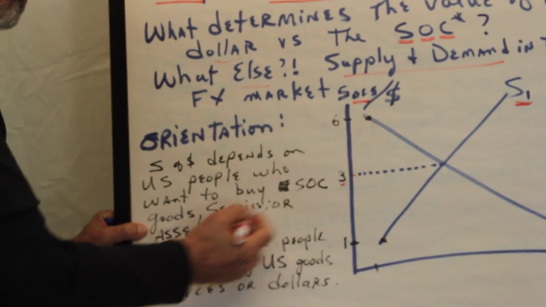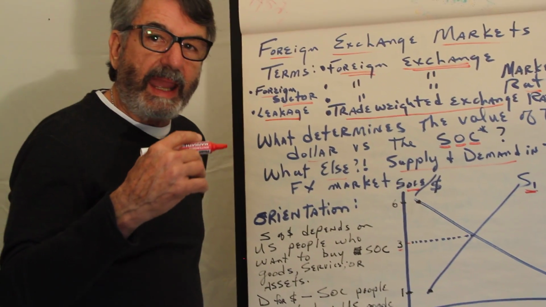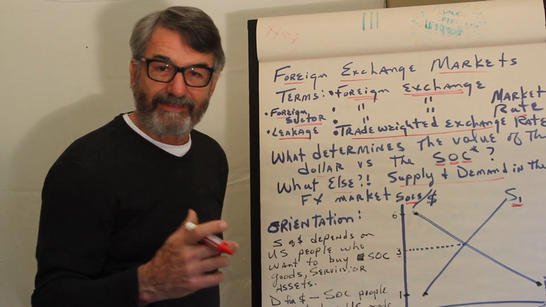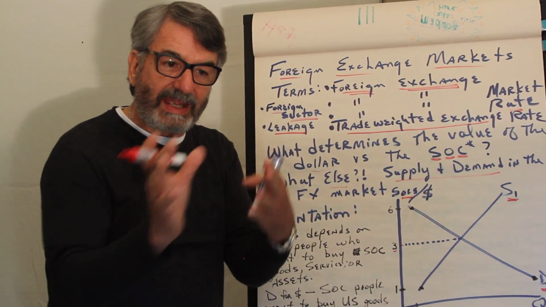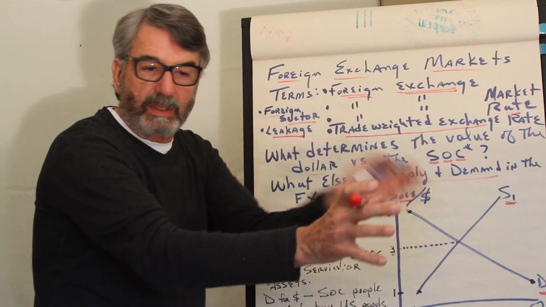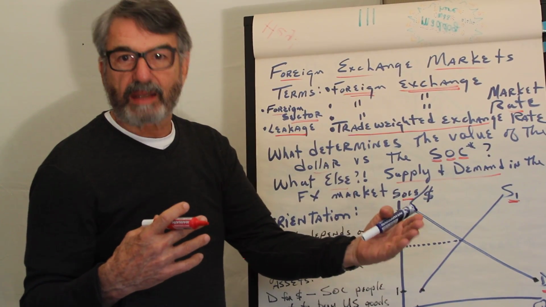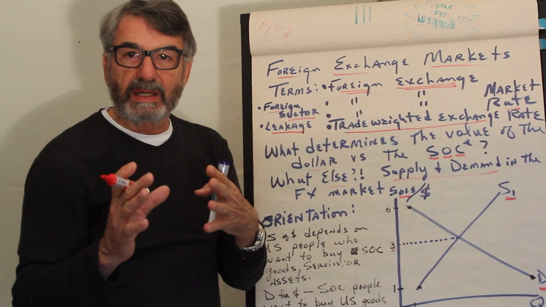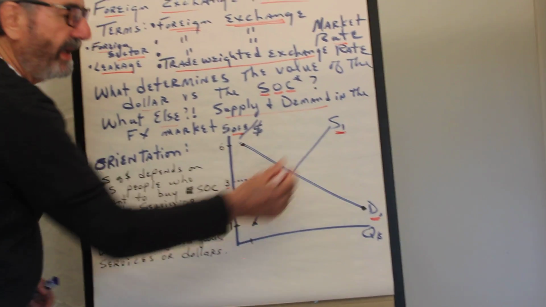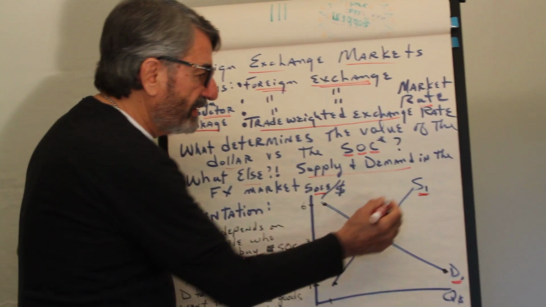people who want to buy SOC goods, services, or assets. And here's why. If I want to buy a SOC-made car, say a Mercedes SLS, well, I have to take my dollars, and those dollars have to be exchanged for a SOC so that the SOC people will get the money so they can send me the car. They accept SOCs, I have dollars. So there has to be an exchange made where I sell my dollars in the foreign exchange market. That's why U.S. people who want to buy SOC goods, services, or assets are on the supply side of this